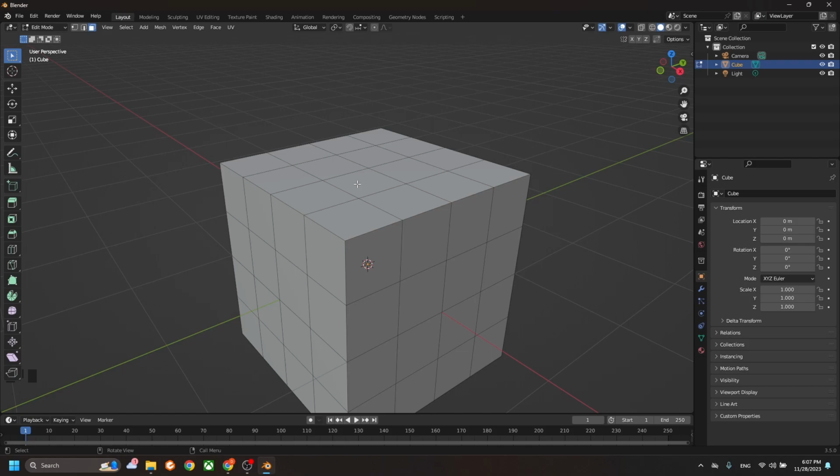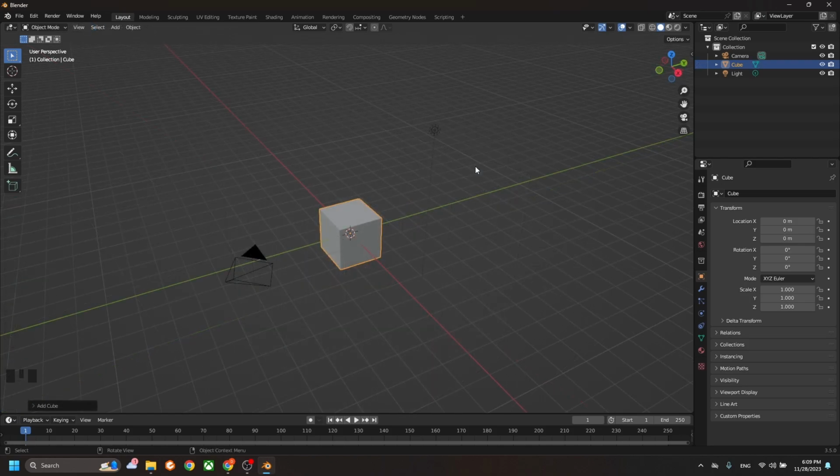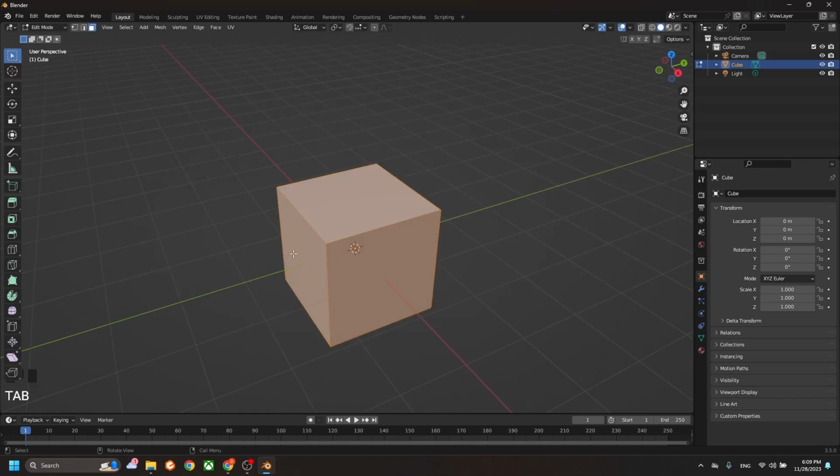Alright, so the second tool is not any less important than the previous one, as it allows you to create a cut or a division on a loop of faces. So it's basically called a loop cut. For that, we have of course a separate tool here on the toolbar. Here it is, loop cut, or you can press Ctrl R,